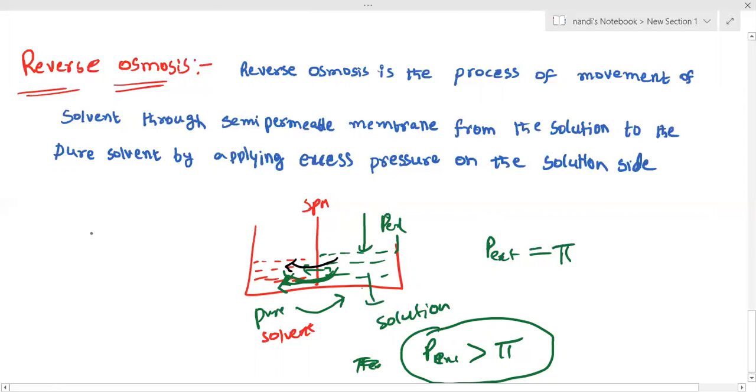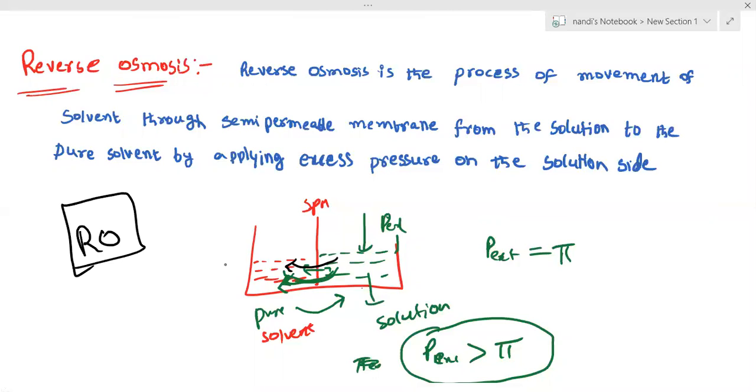We can observe this in our homes also. RO is there. RO means reverse osmosis, purification of water. You can find it on any water bottle label also. They may say it is prepared by RO. Otherwise, you are getting pure water from seawater. That is also RO, because seawater is more concentrated, and from that we are getting pure water. That is also the RO method only. Otherwise, we take groundwater and then purify it. Groundwater contains too many minerals, and we are removing those minerals. How are we getting that, sir? Solution to pure solvent, that is also the RO method, reverse osmosis. So we have applications also. You can purify drinking water by using the RO method. You can check it anywhere, they will mention the RO process.